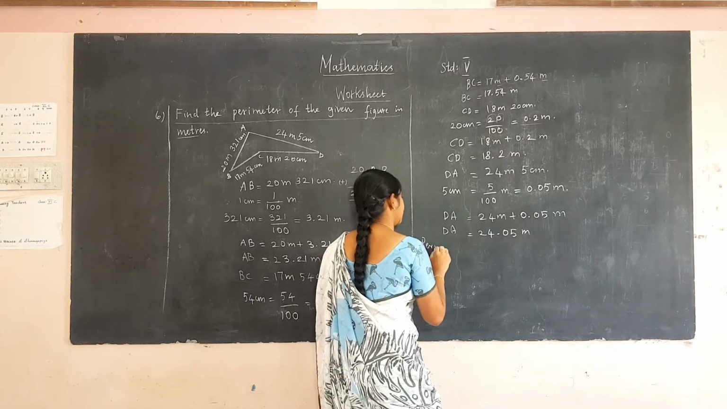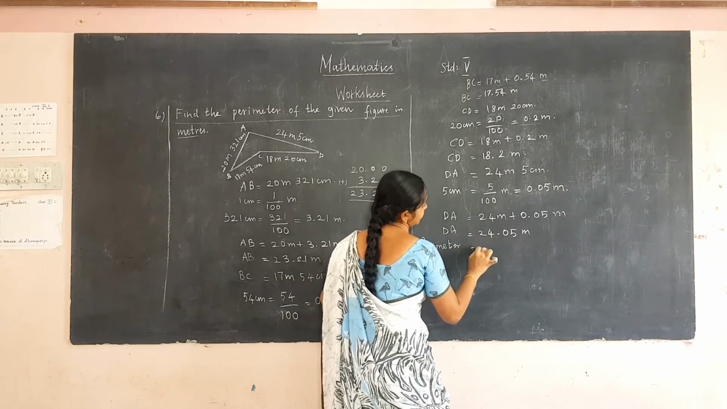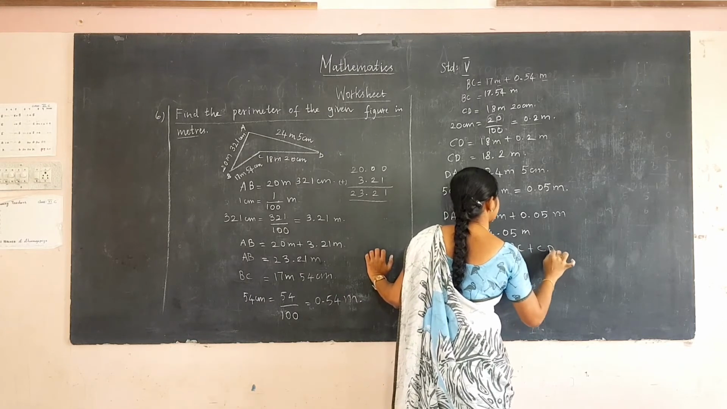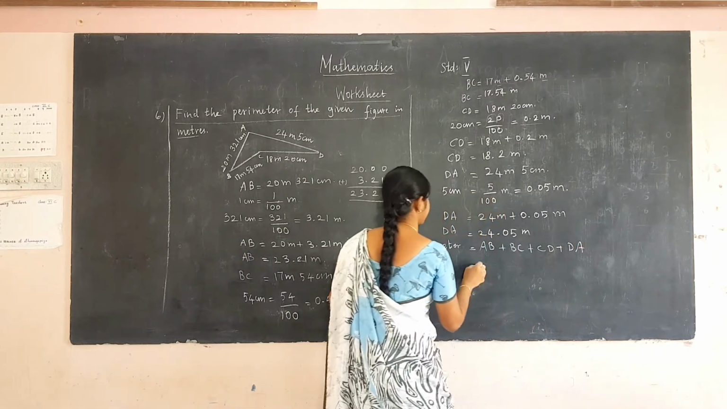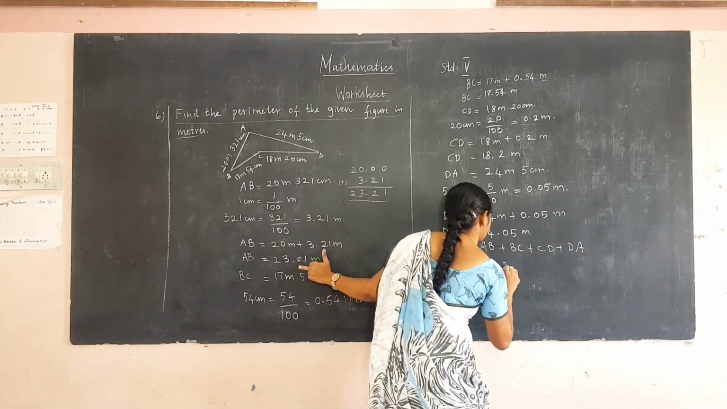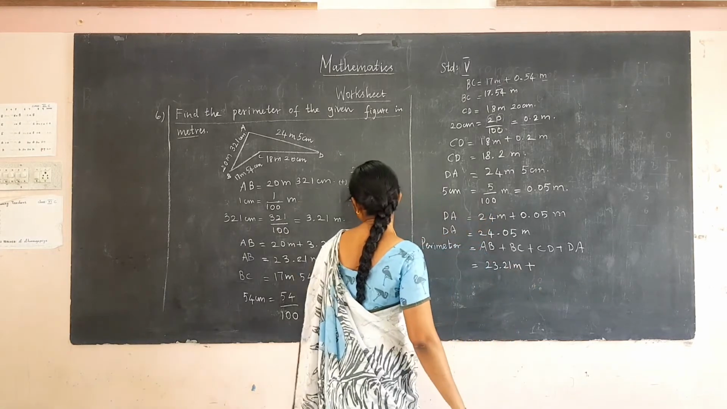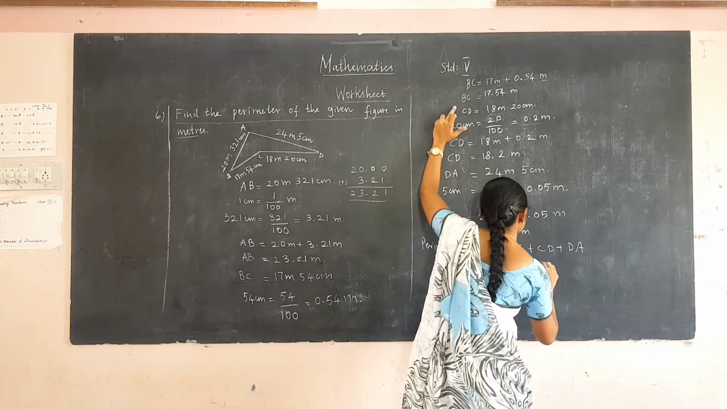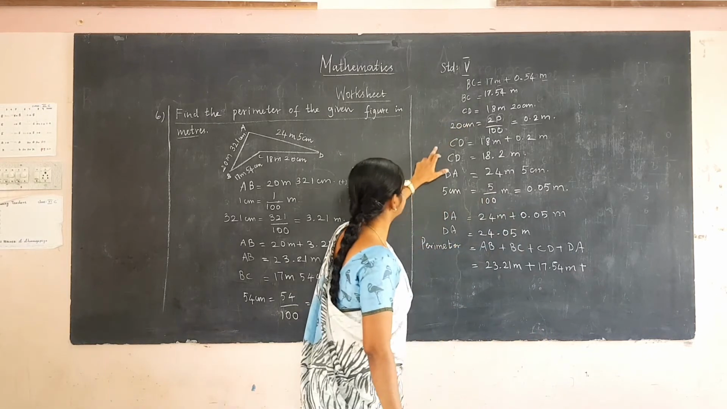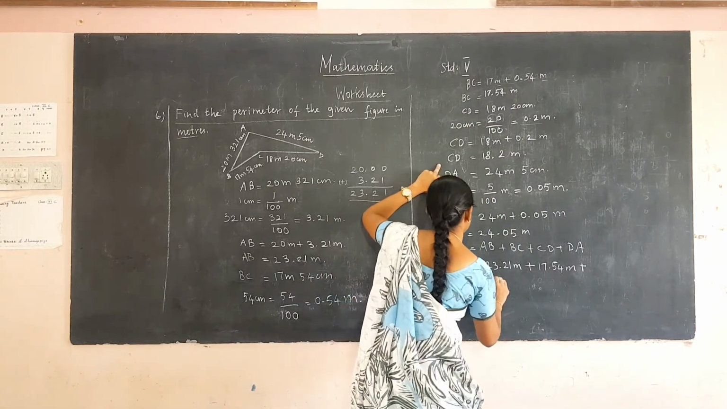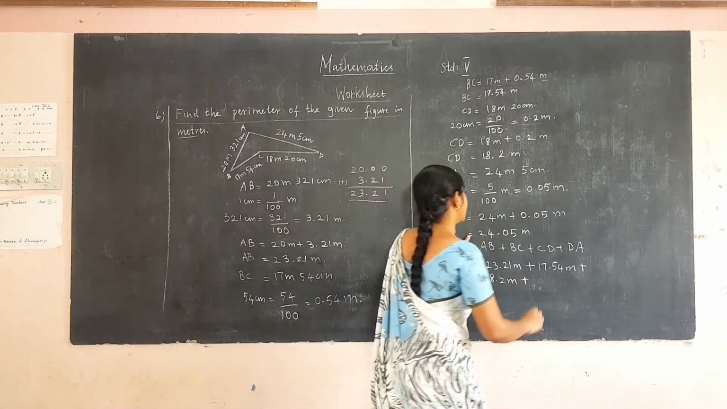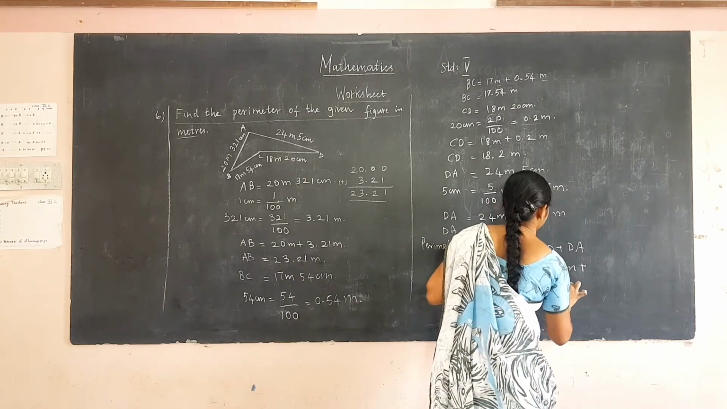We have to find the perimeter. So we have to add AB plus BC plus CD plus DA. That is equal to AB is 23.21 meter plus BC is 17.54 meter plus CD is 18.2 meter, DA is 24.05 meter. We have to add